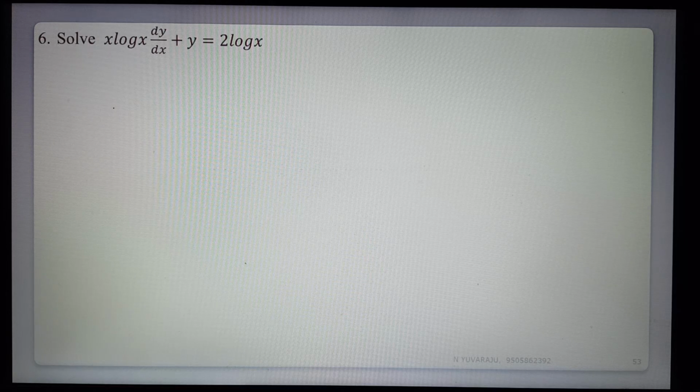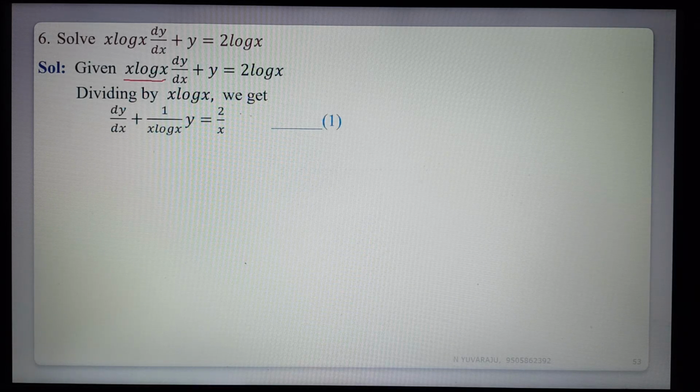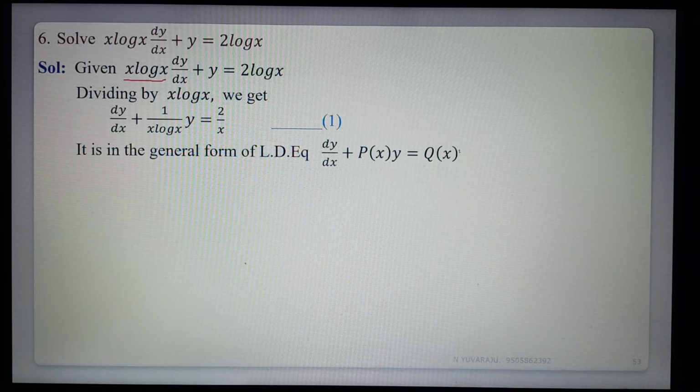So next problem, solve x log x dy/dx + y = 2 log x. That is x log x dy/dx + y = 2 log x. Here the coefficient of dy/dx is x log x, so first eliminating x log x by dividing by x log x, that is equal to dy/dx + (1/(x log x)) y = 2/x. So this is the first general form of linear equation,